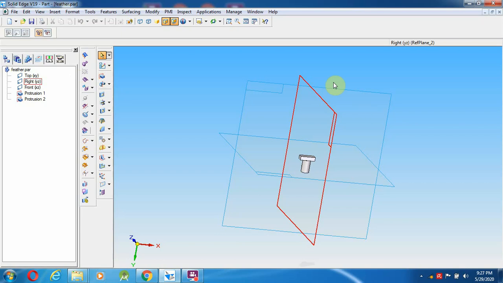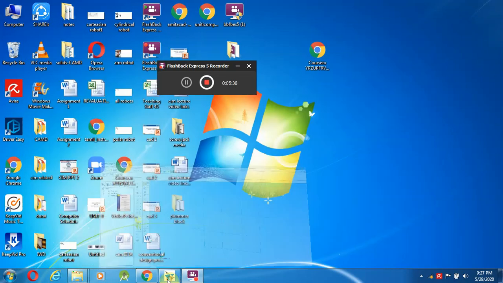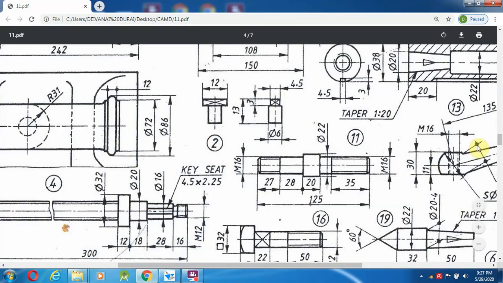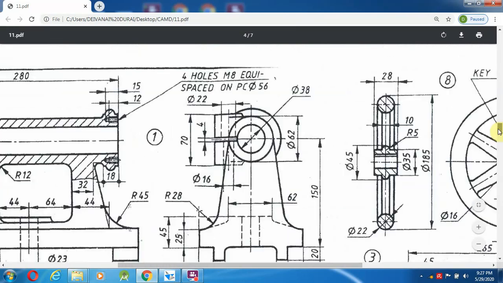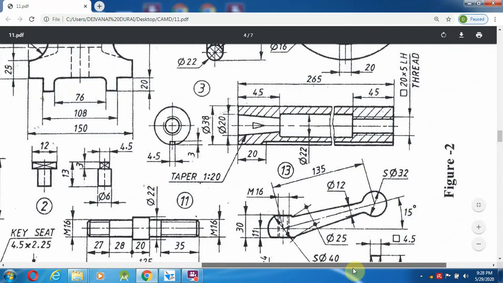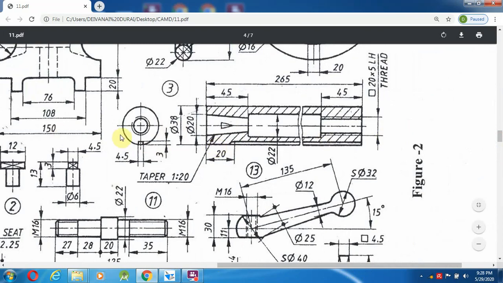Okay, you can close the feather, then go to the solid, then go to the third part. Where is the third part? It is here. For this third part they show the front view, sectional front view and the side view.